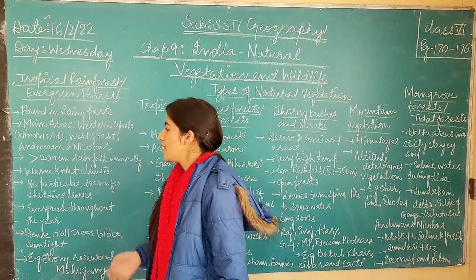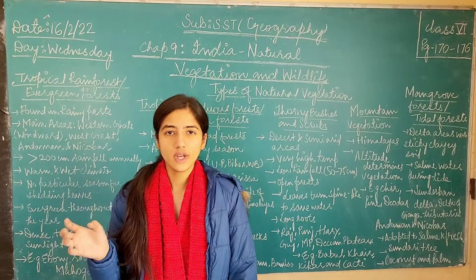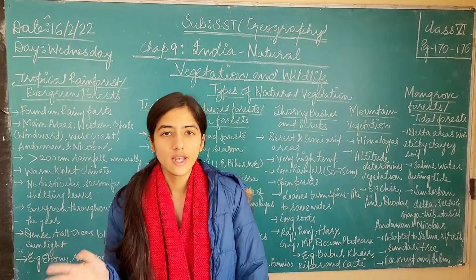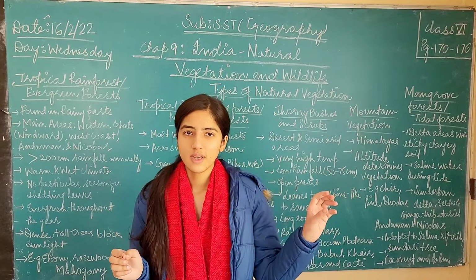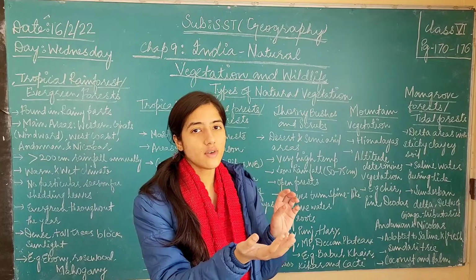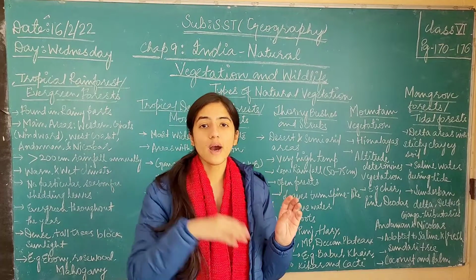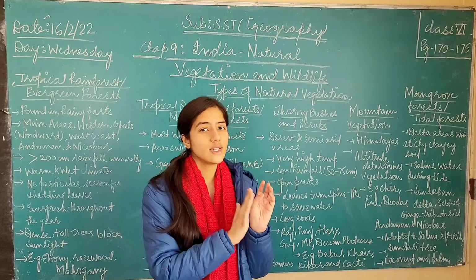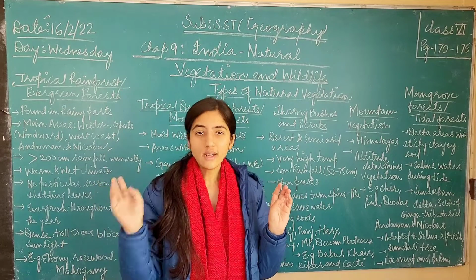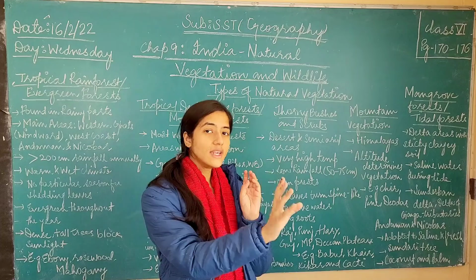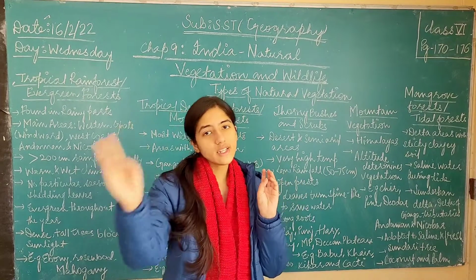And why is that? Because certain trees in the tropical rainforest or evergreen forest shed their leaves in particular months. In that month, some other trees are having fruits, flowers and leaves. But in some other month, these trees which had already shed their leaves are now having leaves, and these trees which had leaves in this month are now shedding their leaves.